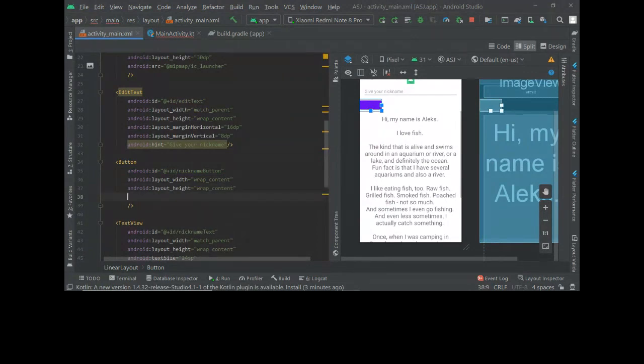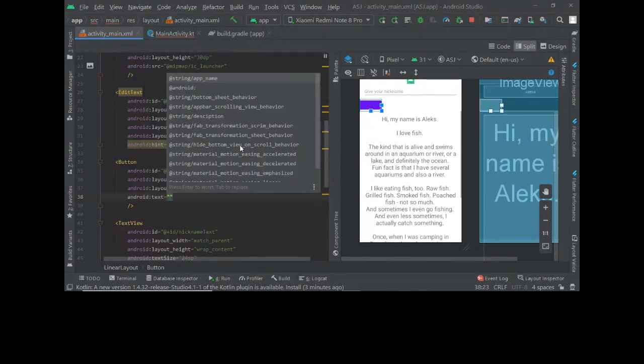Let's give it some text to display. Android text. What can we call it?